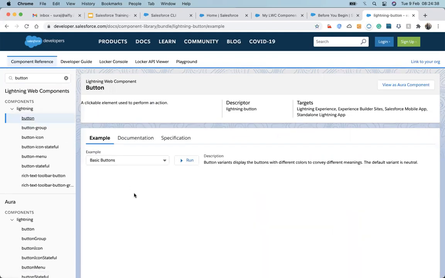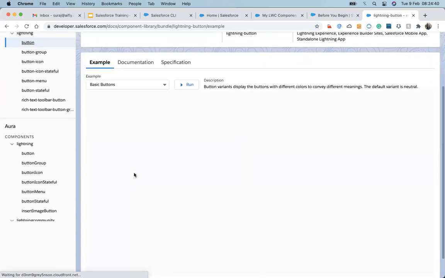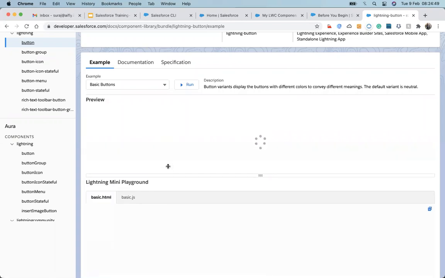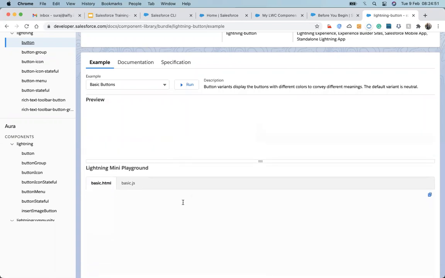Same thing, we just type the button and copy the code and paste it there, just like we did for the Aura. We'll do the same thing for the Lightning too. There are no changes. It's just a revision of your Aura. If you don't remember, then you can revise.